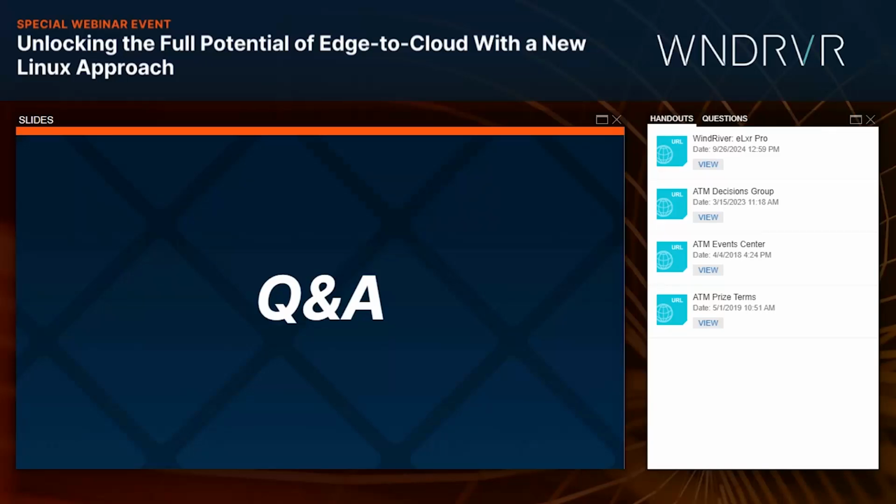So definitely what we're looking for with Elixir is to offer the ability to get the hardware you need and the solution you need from the community. But when you do have those long-term support needs, Wind River would be there with our Elixir Pro offering.